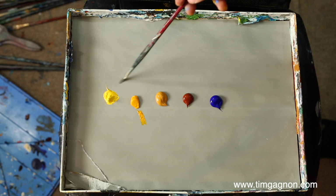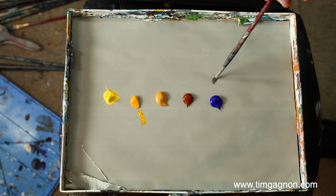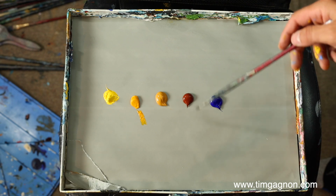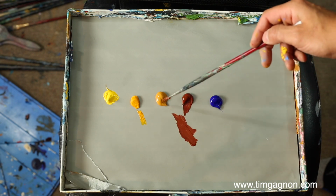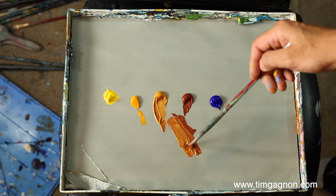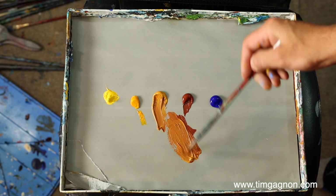Okay, so I have my 5 colors here. I've got my cad yellow medium, Indian yellow, yellow ochre, burnt sienna, and ultramarine blue. So the first thing I do when I'm creating the tree is I just create the shape of the tree, and that color combination is burnt sienna and lots of yellow ochre. So what you try to do is get almost like a reddish gray